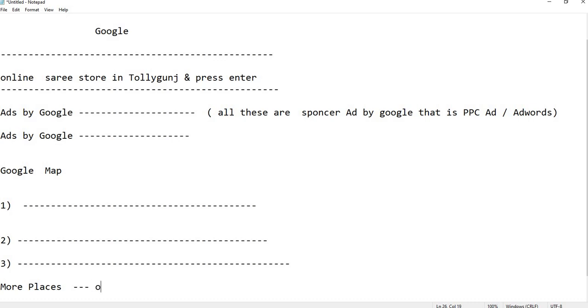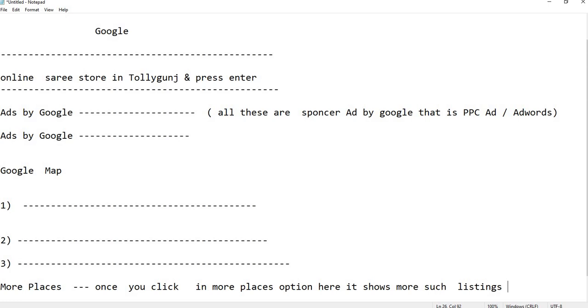Once you click on the more places option, it displays more such listings. Am I clear?